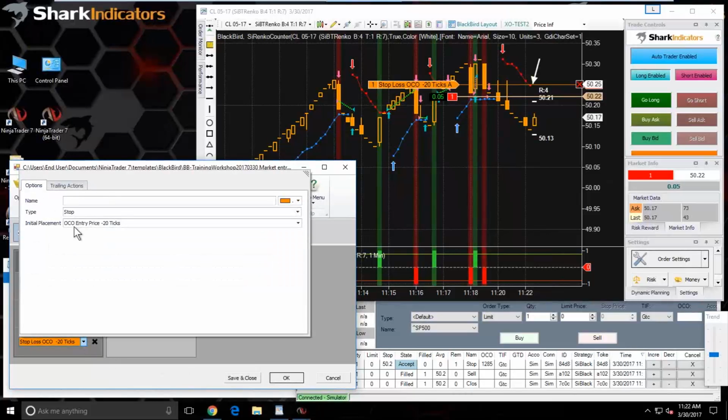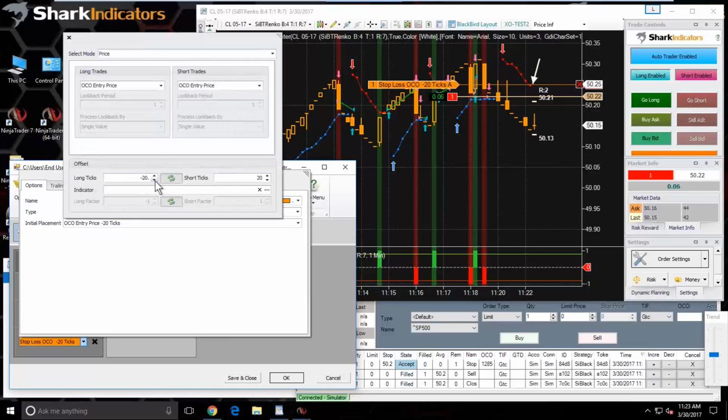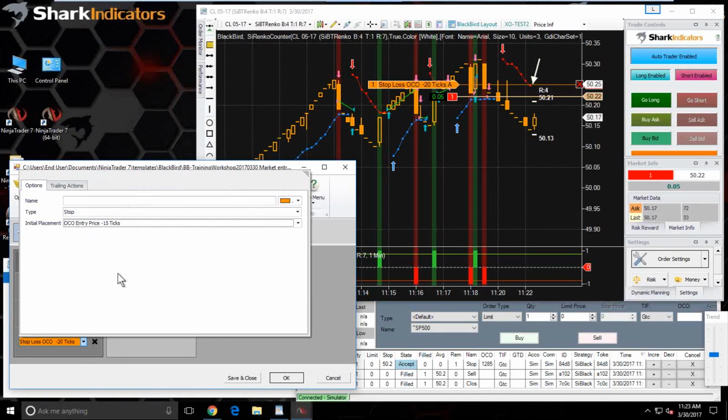Right, so what we had to do is just create some kind of a simple stop loss offset. So I just used a simple 20 tick. Of course, you can go in and adjust this later. So I guess we'll adjust it down to a 15 tick, like so. Now remember, if your initial placement